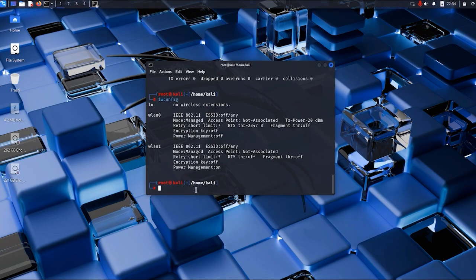But before we use the command to change it into monitor mode, we have to run another command from airmon-ng to kill all the background processes that can be a hurdle in changing our adapter's mode to monitor mode.